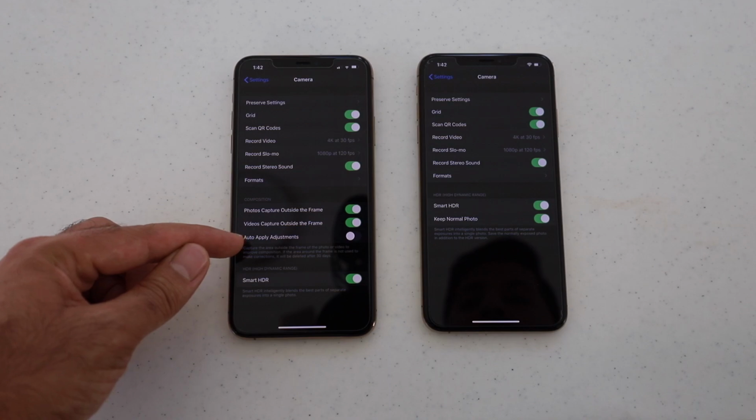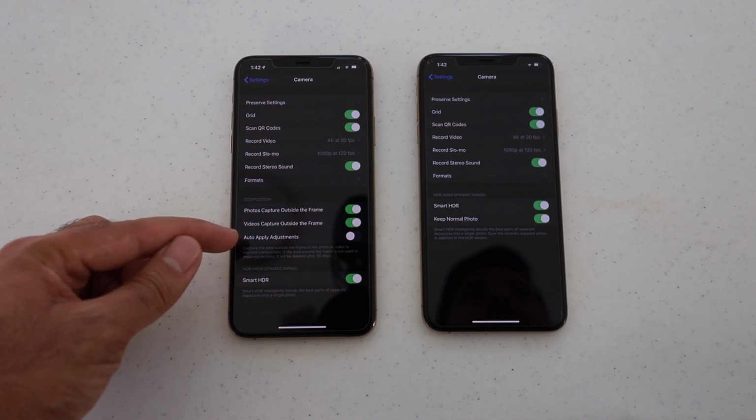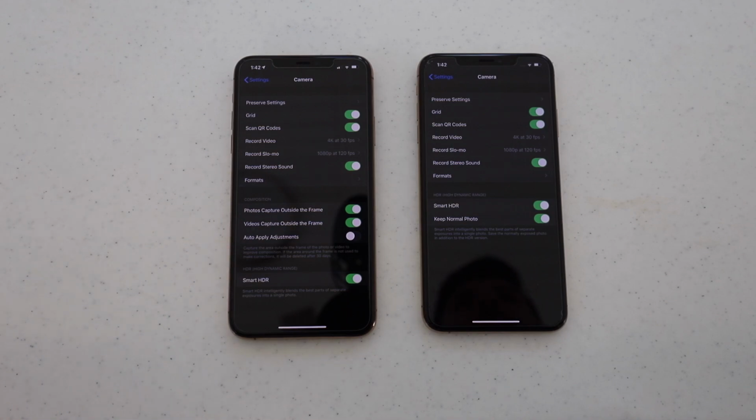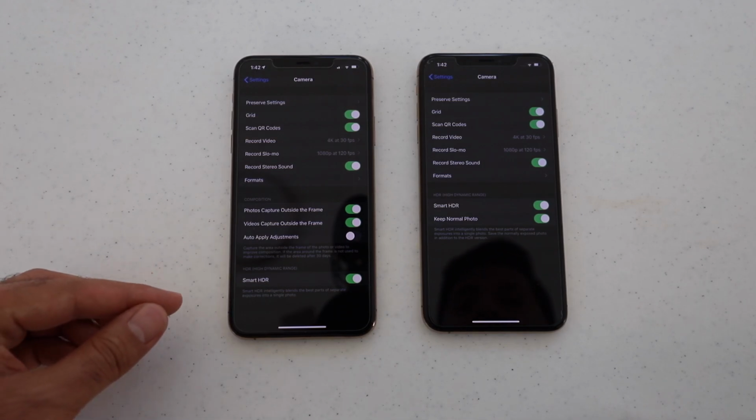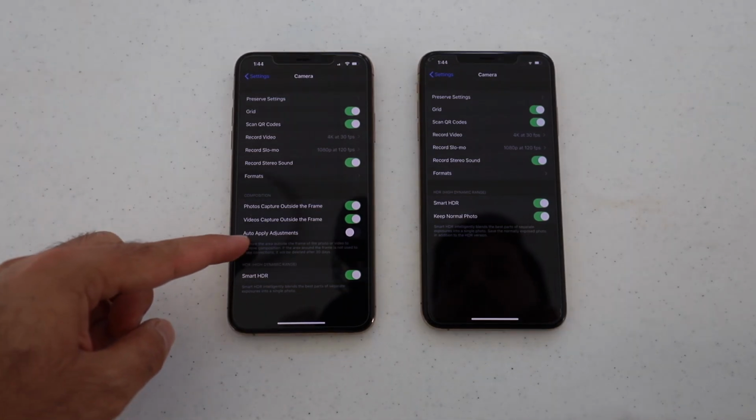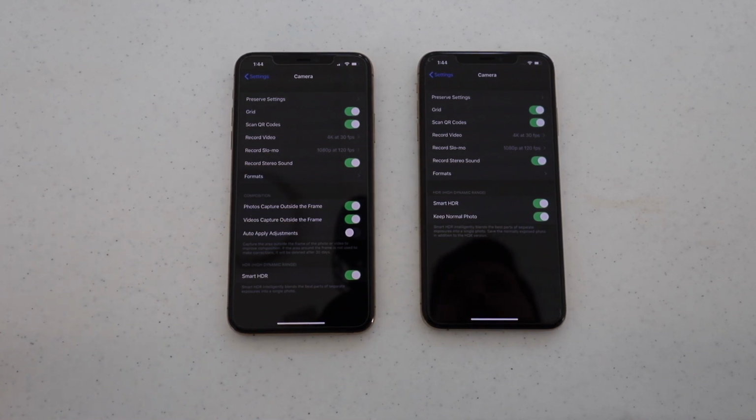From a Pro perspective, you probably don't want to turn on auto apply adjustments. What this will do is the phone will automatically readjust, realign, recrop a little bit of your photo. If you're a Pro, you want to handle all that on your own. The auto apply adjustments is a cool option though. I see this used for people that aren't that interested in photography and just want to get good photos. It'll let them take a shot that's badly composed and the phone will try to automatically fix it for them